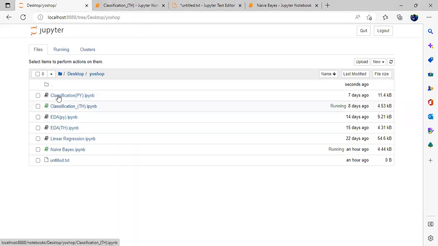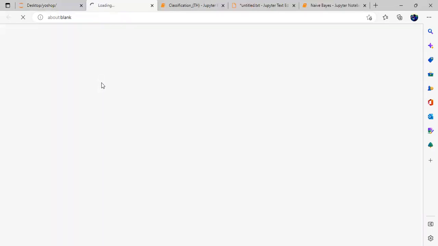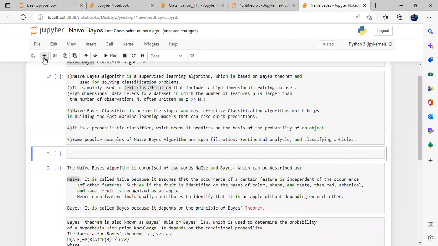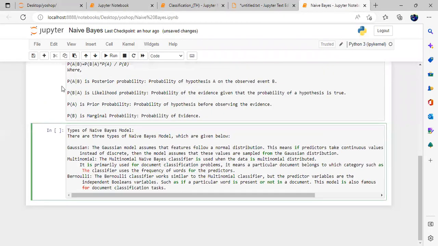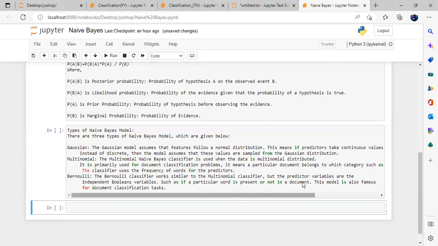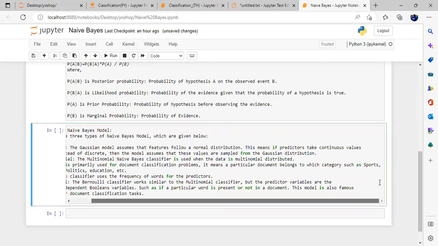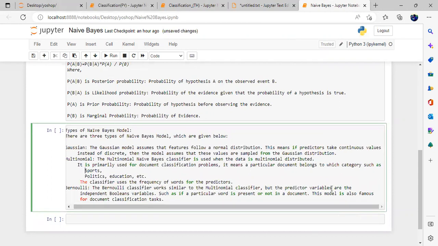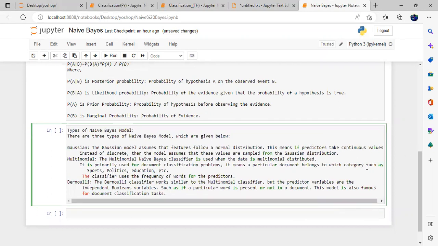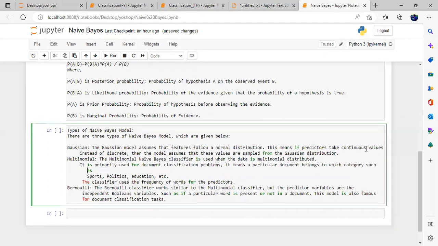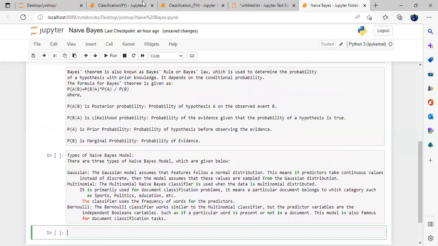I'll show you the practical example we did last time. Okay, so just wait. Okay, so